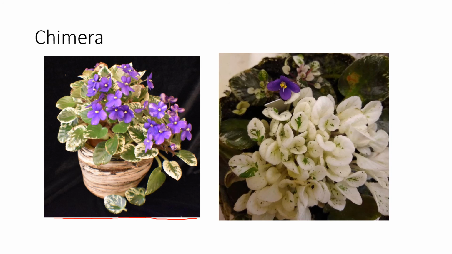But if you take the chimera and just root the leaves, you're going to get the DNA of one plant, and these white ones, they didn't have any chlorophyll, so they didn't do so well. The green ones did much better. If they had a little green, they could live. You got to have the chlorophyll to make it, though.